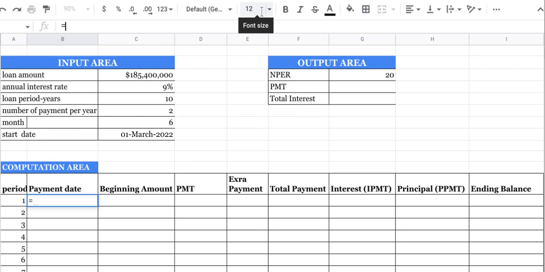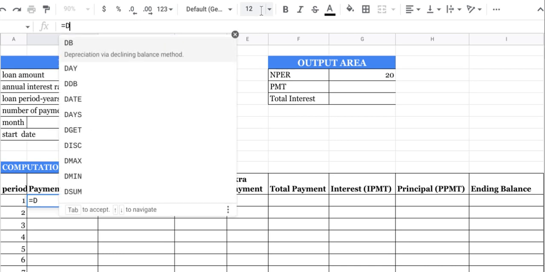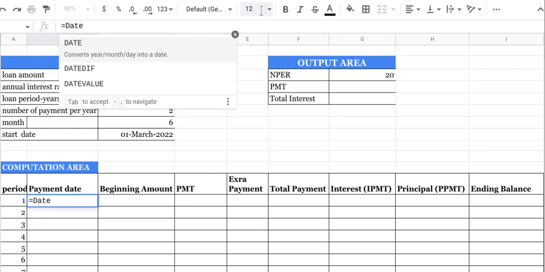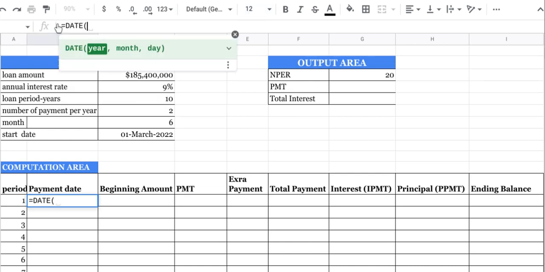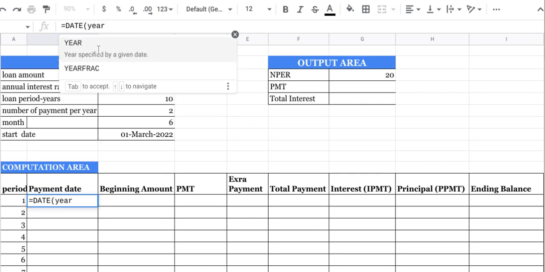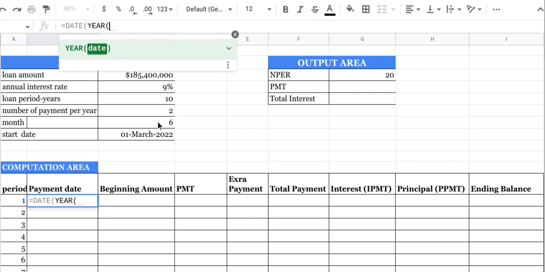So start date, you write the formula DATE, and you put a bracket. Now when you type date, it will ask you, what's the year? So you type YEAR and you put a bracket, then you tap the cell that has the start date,